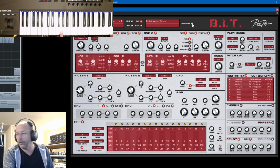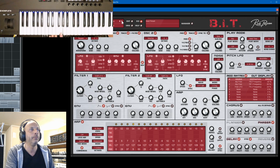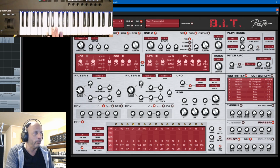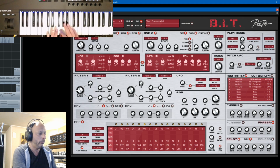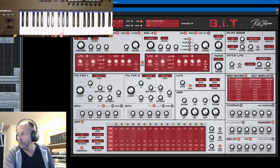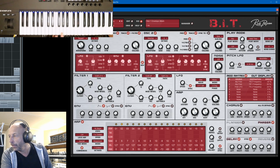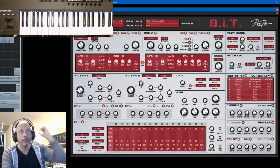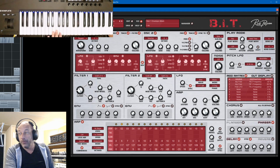Using the two filters together. Let's play this with a groove. Let's see if that sounds. But then no bass. State variable filter. Oh, I need to find that state variable filter. I have to look it up. I didn't know it, but